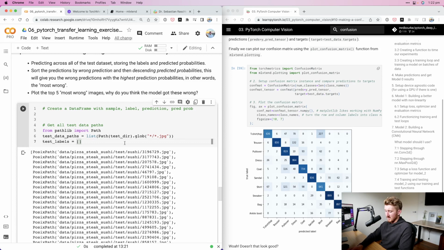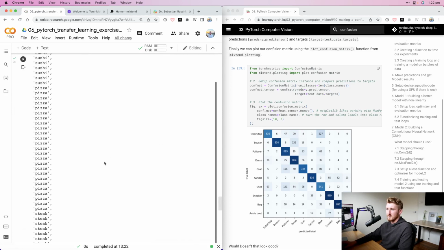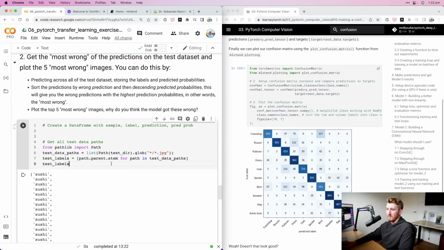So the test labels equals path dot, I think it's parent dot stem, for path in test data paths. Test labels. There we go. Okay, there's the labels. Beautiful. We've got a way to get the labels. So let's create a function now. Create a function to return